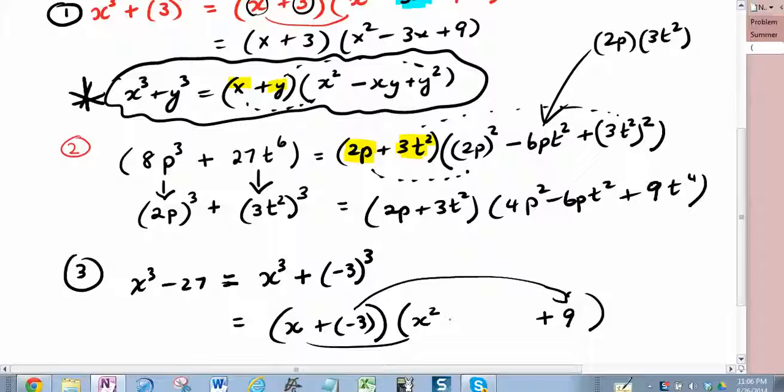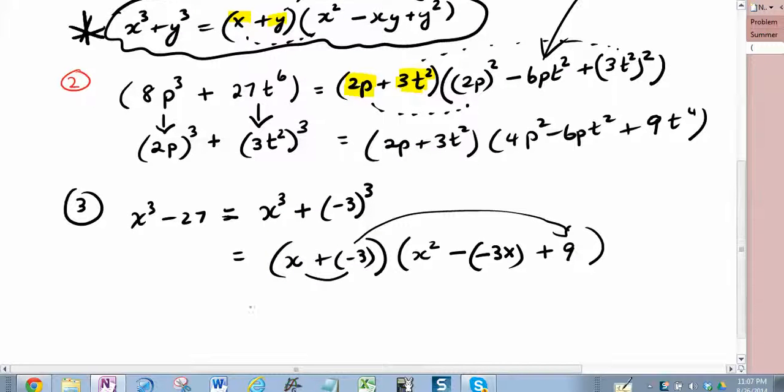What goes in the middle? It's minus the product of what's in the first factor. And what's that going to be? The product of what's in the first factor is negative 3x. So let's look and see what my final answer would be. x minus 3, x squared, ooh, I get a plus 3x plus a 9, and I am